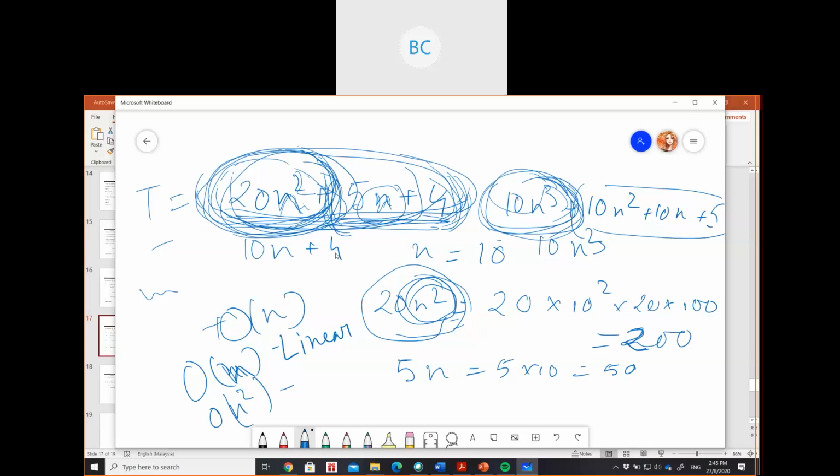This one is quadratic. You know this is a quadratic equation when you have square terms. I hope all of you know that already. Then we have n cube, which is cubic. Then again we are going to have some logarithmic.